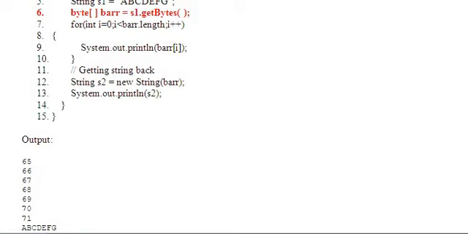Look at the output. From the byte array again we created another string, S2.